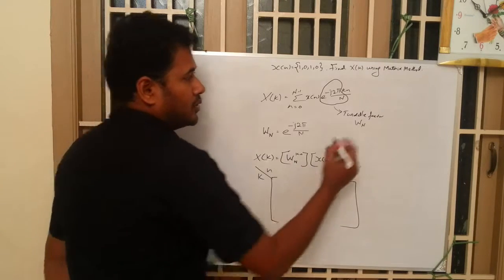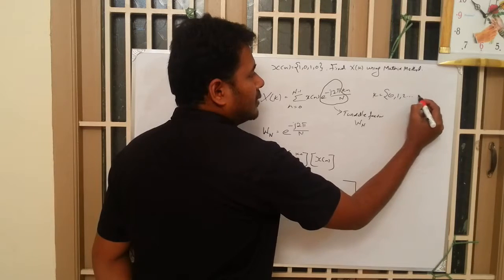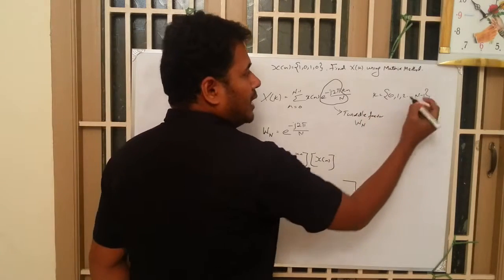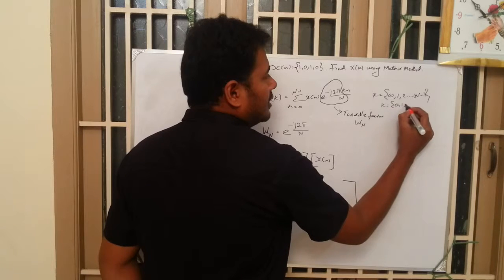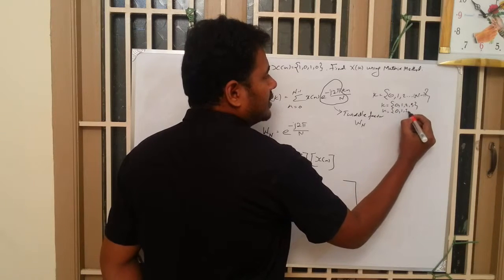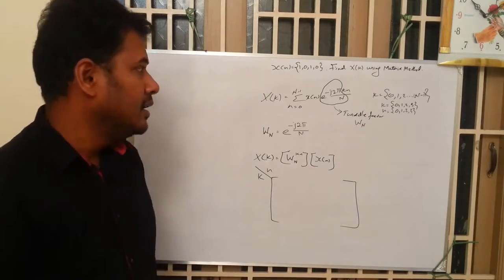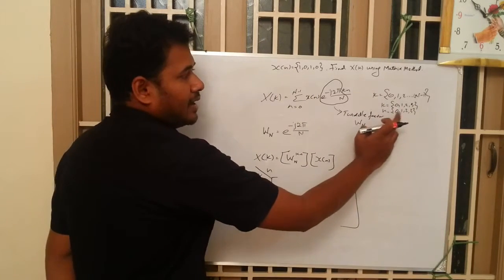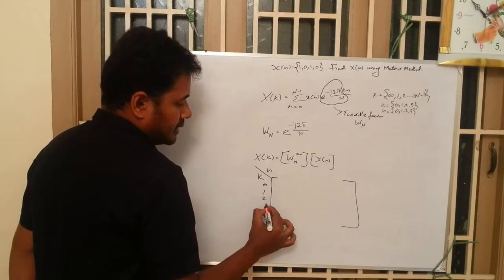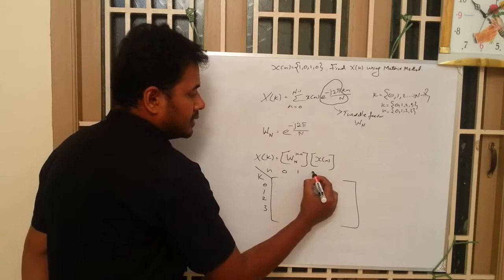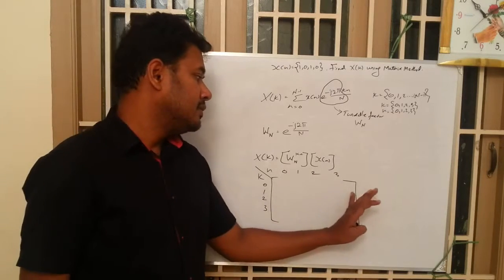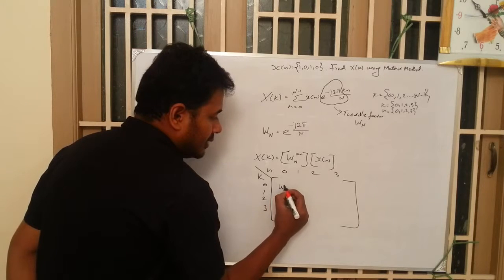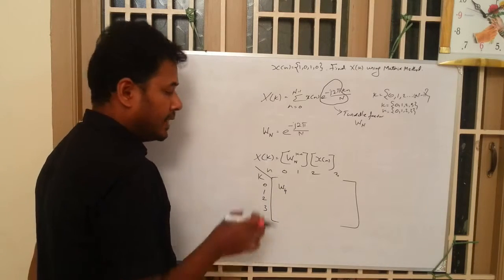The value for k and n can be found using the formula k is equal to 0, 1, 2 up to N minus 1. Here for us N equal to 4 because we have got 4 elements, so N minus 1 is going to be 3, so k is going to be 0, 1, 2 and 3. Similarly n is equal to 0, 1, 2, 3. As we have the same formula for k as well as for n, we can find the values simultaneously. Now the value for k ranges from 0 to 3 and n ranges from 0 to 3. So write it here. Similarly here 0, 1, 2 and 3. This matrix will have totally 4x4, 16 values, and all the values will have W base 4 as the base,